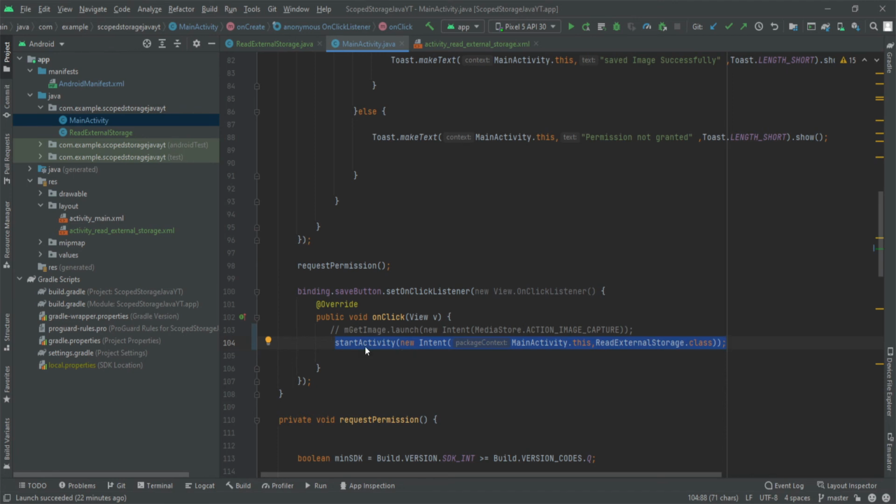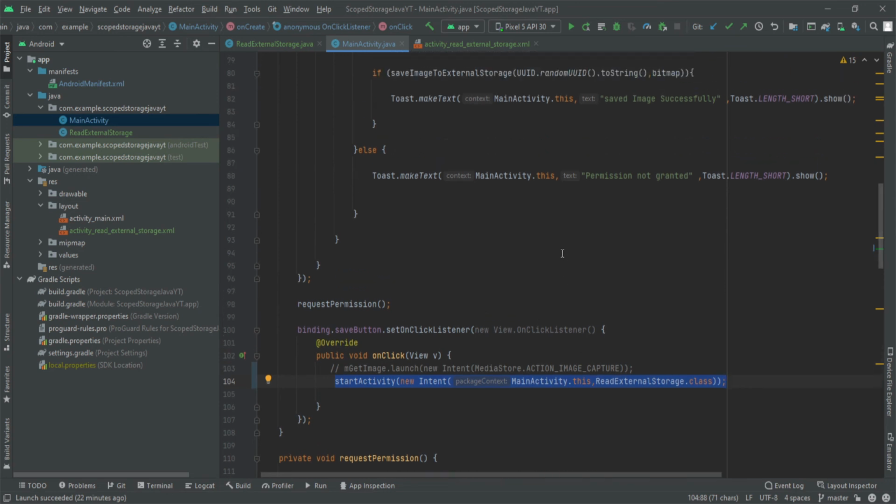This is the line of code you need to replace here in this activity if you are following this series. The read permission part has already been done in the previous video. If you know how to implement that, you can skip that video, but in case you're not aware, you must follow that video. Then you should continue with this video, right?